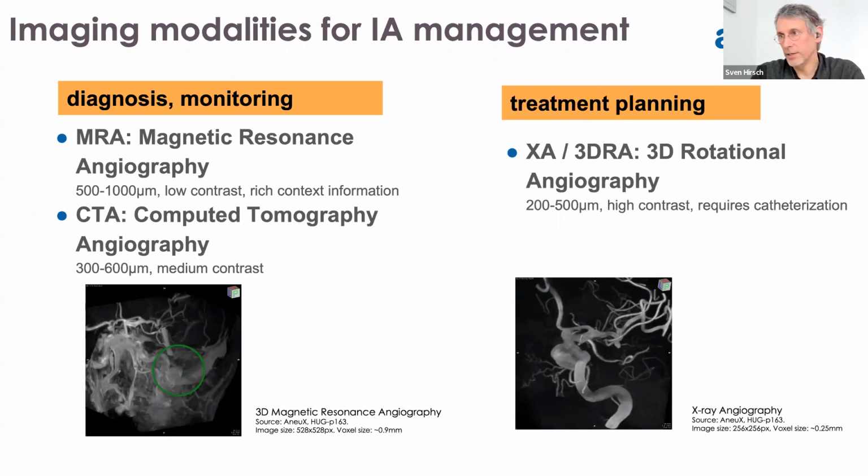If an aneurysm is at danger, then the clinicians would do a so-called 3D rotational angiography. So they would take a flat panel, infiltrate a contrast agent, and reconstruct with a cone beam then the aneurysm, and then it looks like that. You can see it beautiful, obviously. Problem being that this is a high contrast. This requires catheterization. So it's really invasive, and it's a high irradiation dose. So normally that's not done. Normally you would do an MRA, so they have to see do we treat or not treat. And then if they treat, usually they would go via the 3D angiographies.